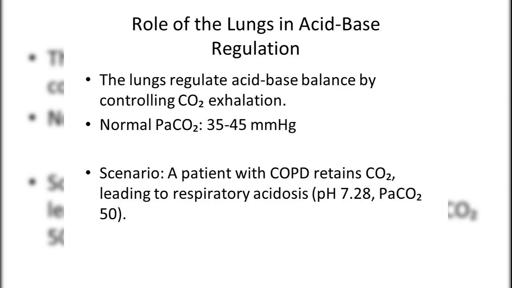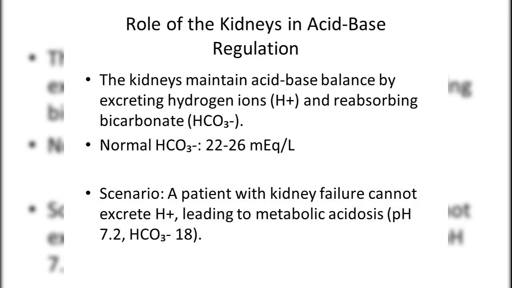For example, a patient with COPD who retains CO2 may develop respiratory acidosis, indicated by a pH of 7.28 and PaCO2 of 50. The kidneys maintain acid-base balance by excreting hydrogen ions and reabsorbing bicarbonate. Normal HCO3 ranges from 22 to 26 MEq. A patient with kidney failure who cannot excrete hydrogen ions may develop metabolic acidosis, indicated by a pH of 7.2